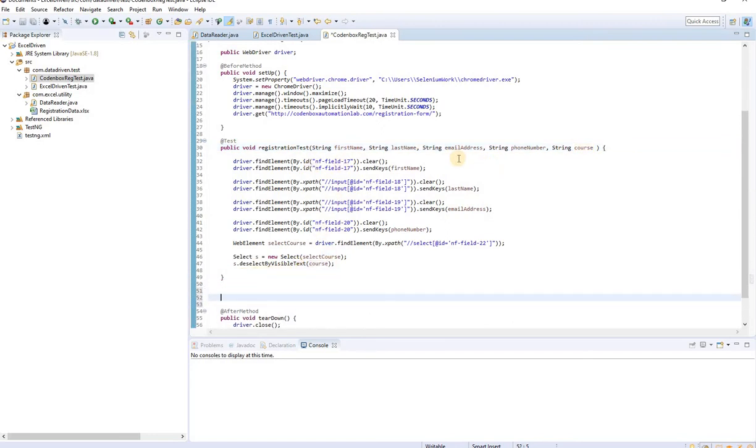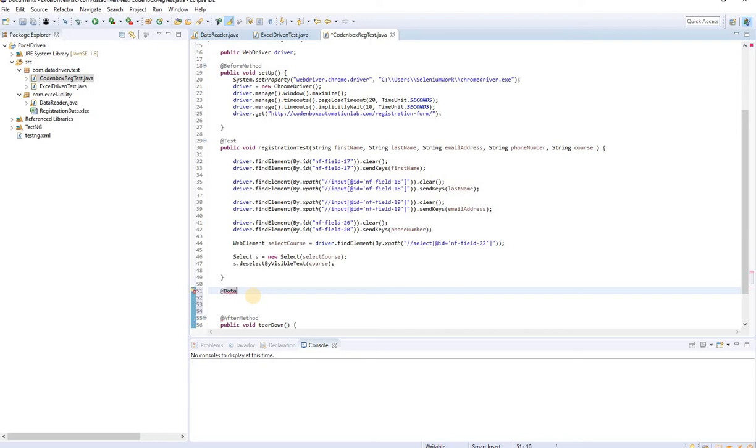for this variable first name, and all these parameters, where will those parameters get their values? To get the value, we need another method with a data provider annotation. That's a part of TestNG. So we'll say data provider. Data provider is an annotation, a part of TestNG, and with this provider,